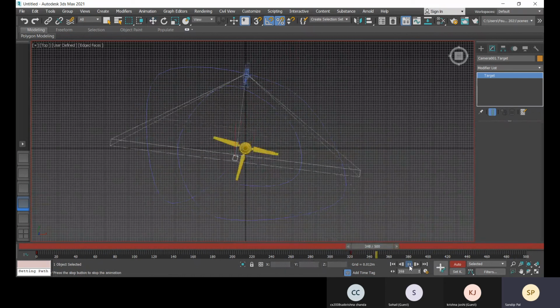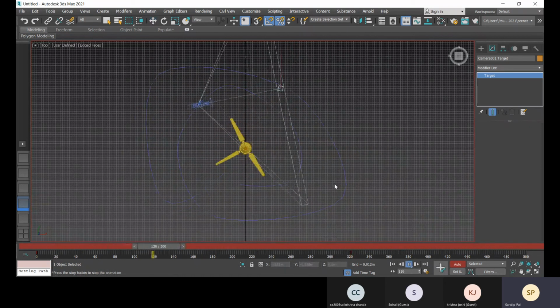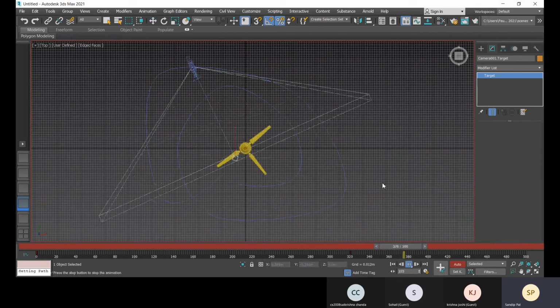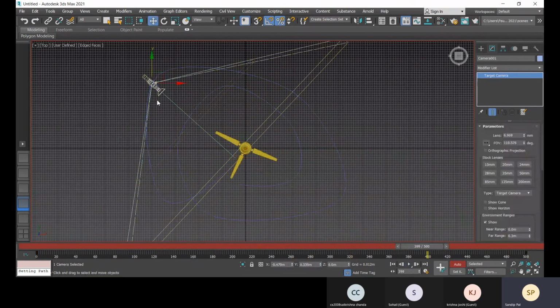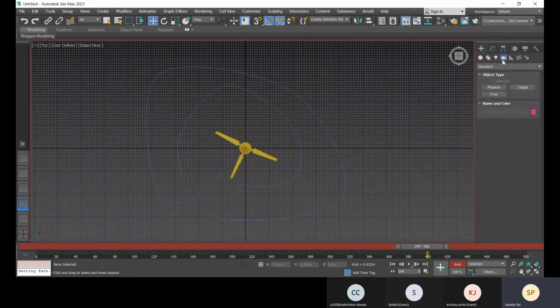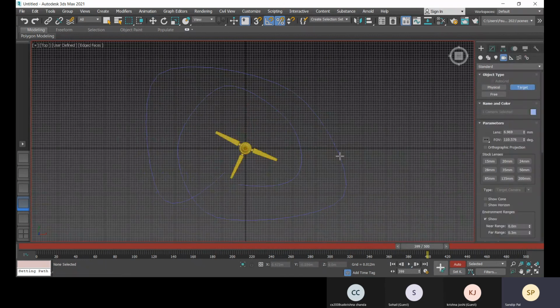Okay, so make sure that the camera is placed properly, that is the target.